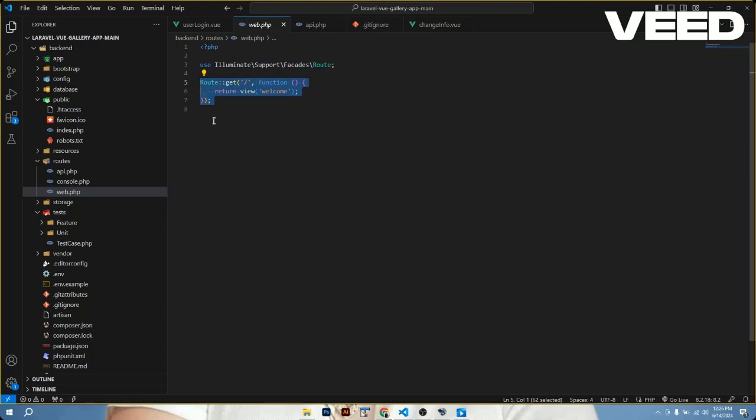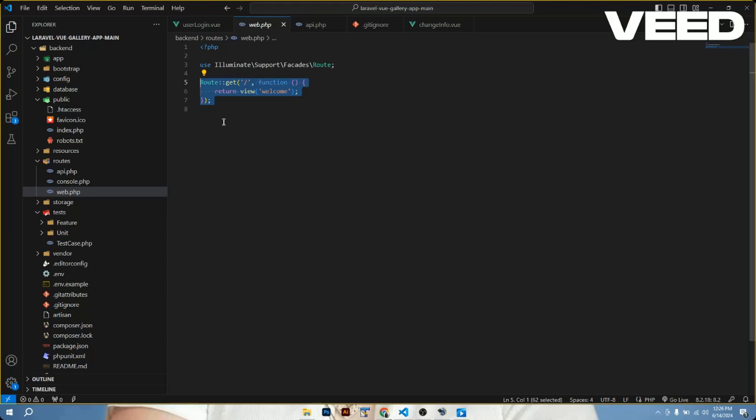this code defines a route that responds to HTTP GET requests to the root URL of the application. When a user accesses the root URL, Laravel will execute the anonymous function passed as the second argument to Route::get.